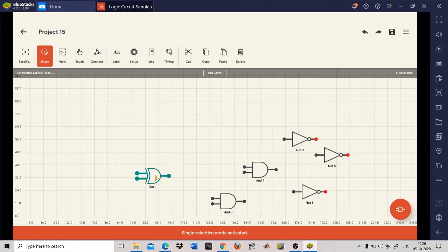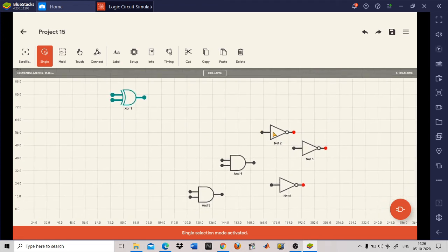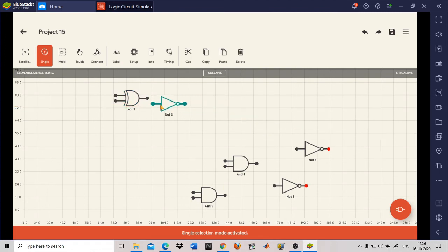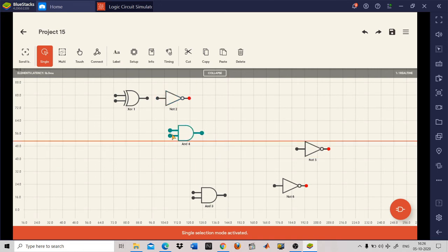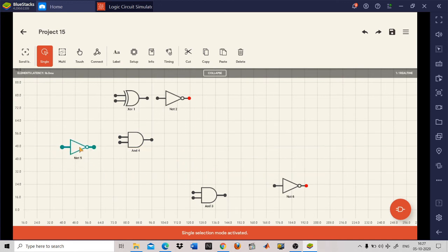Now just drag it here. This one is okay. Then the XOR gate will be followed by one NOT gate. So this NOT gate is also there. Now this, an AND gate. Then there should be a NOT gate because that is A B bar. So A B bar. Then again you will require one more NOT gate. We have already selected.